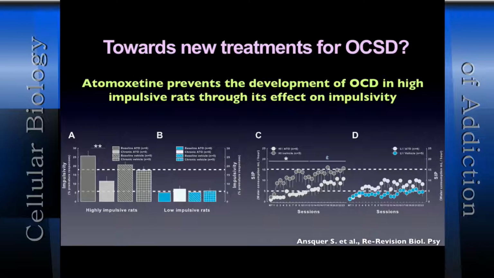So it has an effect on both impulsivity and the propensity to develop compulsive behavior subsequently. Interestingly, in non-impulsive animals the effect would be the opposite. It would increase compulsive behavior, even though this effect doesn't reach statistical significance. Now, what I would like to point out is if we had considered the effect of atomoxetine on a cohort of animals that would develop compulsivity, add this effect to this effect, the result is no effect of atomoxetine.